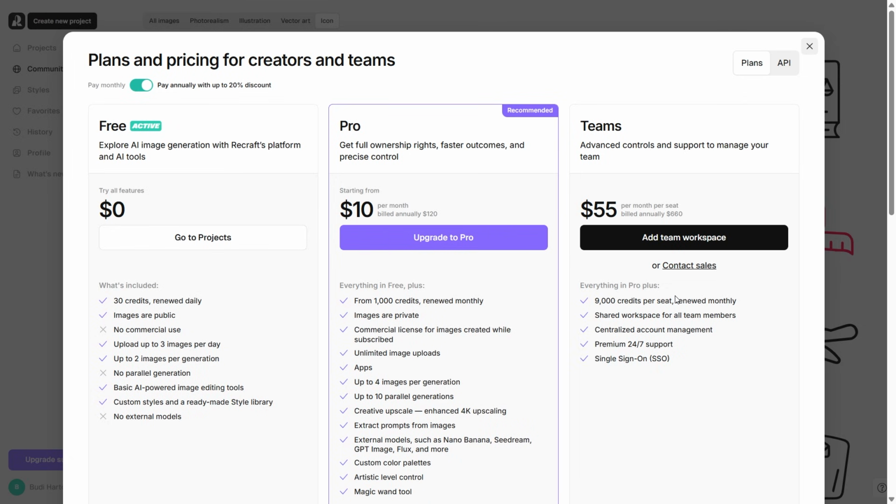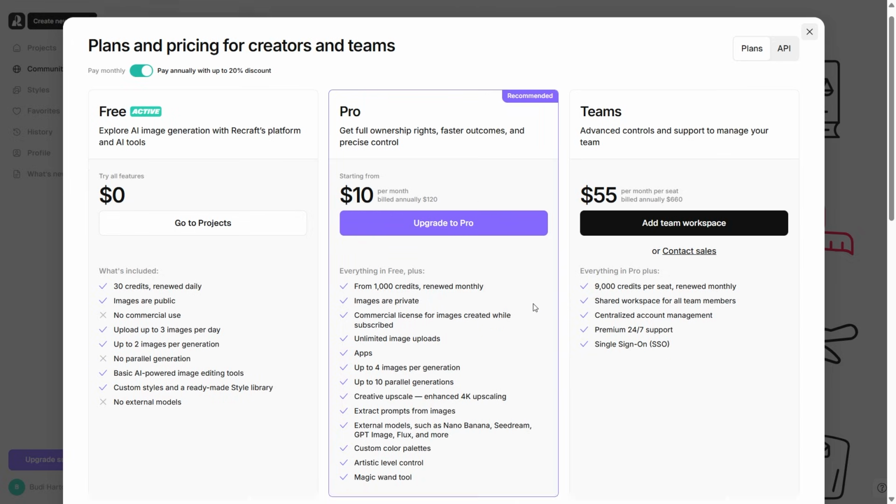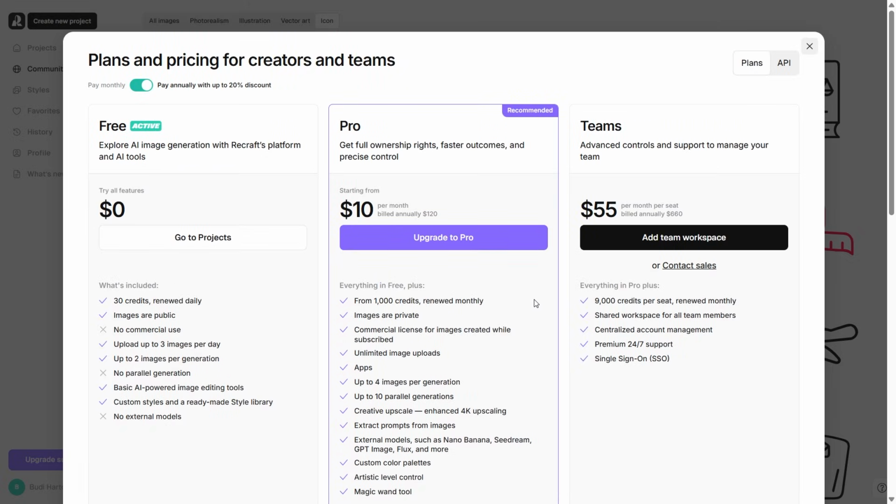Alright, now let's talk pricing, because this part matters. Recraft gives you three plans: free, pro, and teams. The free plan is $0, and it's honestly solid if you just want to test the platform. You get 30 credits renewed daily, basic AI editing tools, and access to the style library. The main downside is your images are public, and there's no